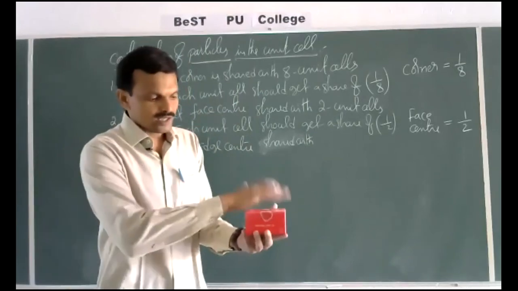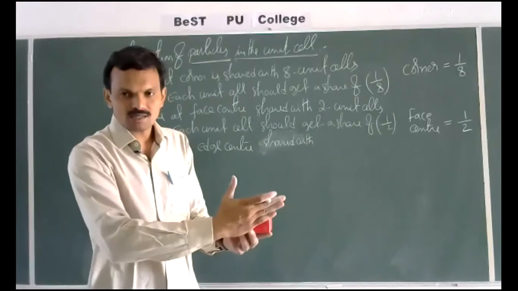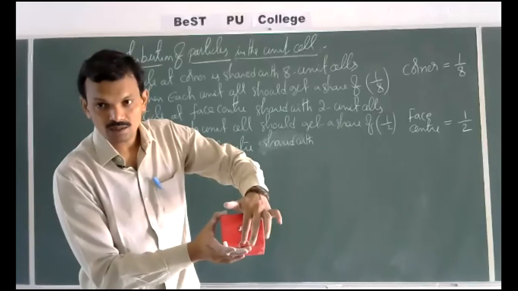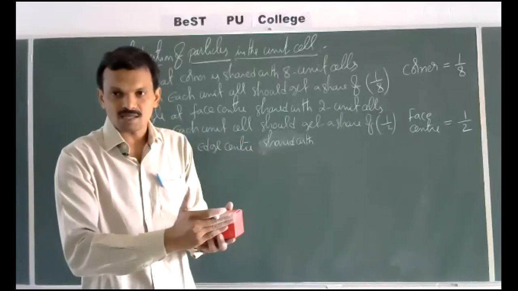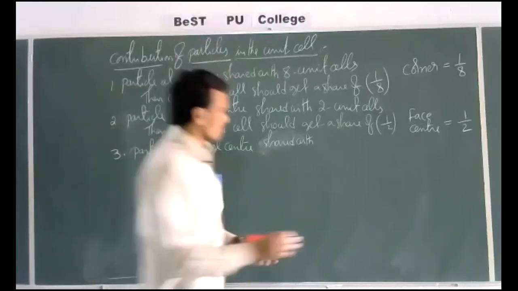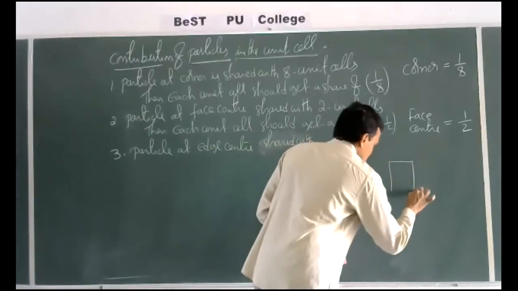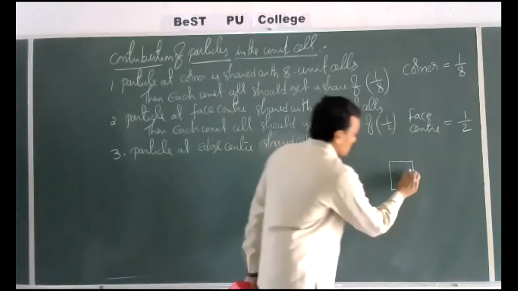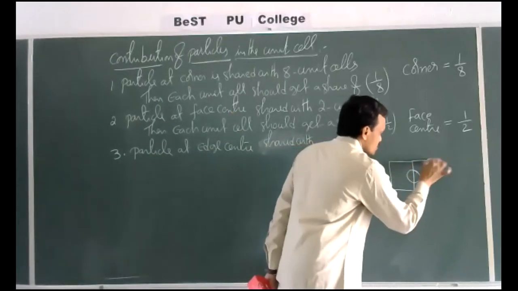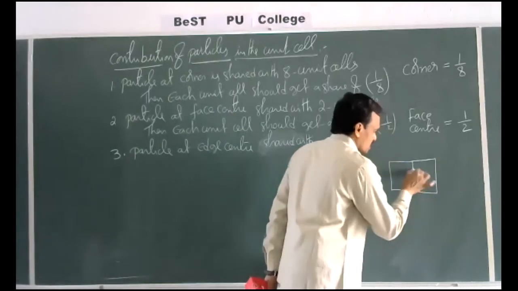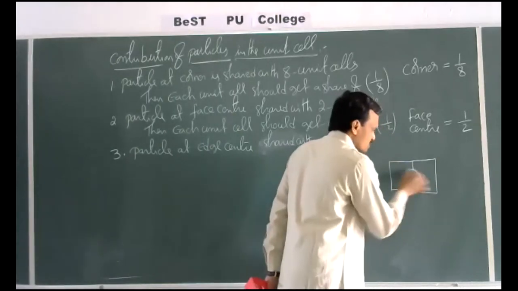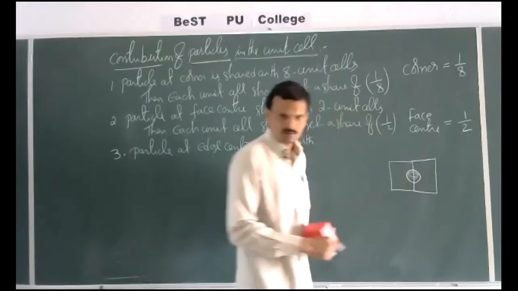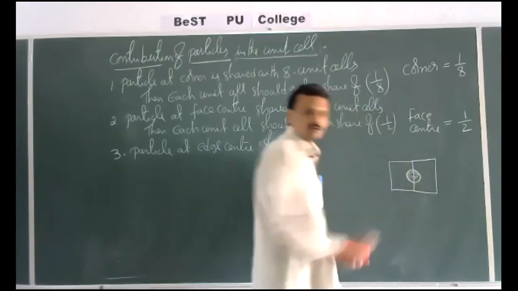Now, in front of this box, I can keep one more box. Then this front side portion will be covered. Then what about this top portion? Not covered. So over these two boxes, I can place two more boxes, like this. Let us assume this is the edge center. Now, this edge in one plane is shared with 2 unit cells. Then now the top portion is free. Again, over these two boxes, we can place two more boxes. Then this will be completely closed.